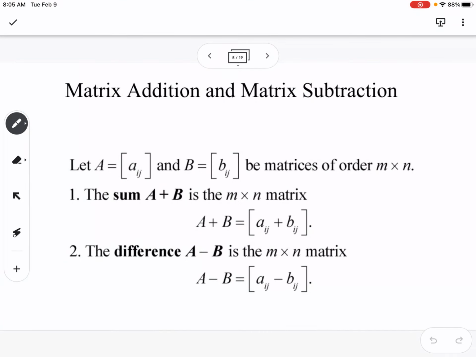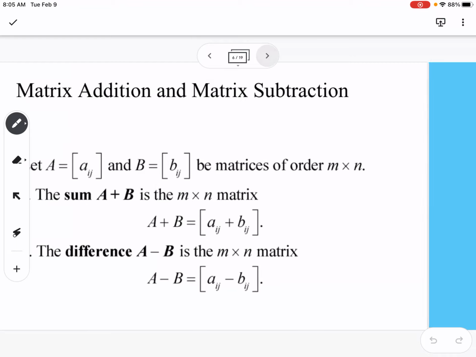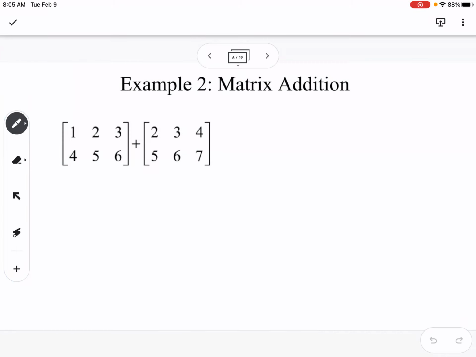Okay, so matrix addition and matrix subtraction. In order to add or subtract matrices, they need to be the same order. Basically you're just going to take each element in each matrix and either add or subtract them. So for instance, we have these 2 matrices that we're adding together. Our resulting matrix would be 1 plus 2, so it'd be 3,